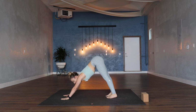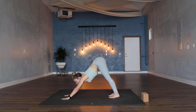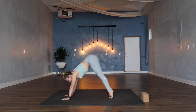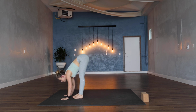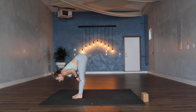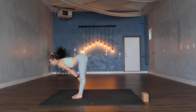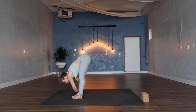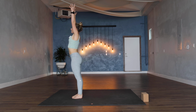We're gonna pick up our pace as usual, moving through a couple rounds of Sun A, knowing that you should connect movement to your breath even if you're not exactly with my cues or my rhythm or my pace. It is all good. On your exhale, step, walk, hop, float, or play. Land to the top of the mat, find your forward fold. Inhale, halfway lift and lengthen, crown of the head extends, long. Exhale, fold and release. Inhale to rise, come all the way through standing, palms come to touch, maybe a little